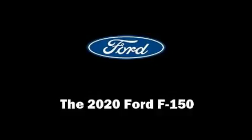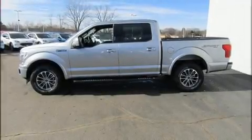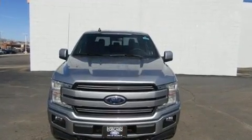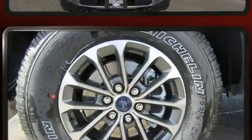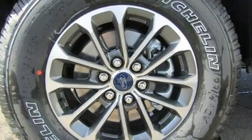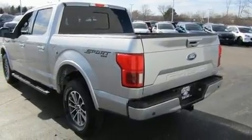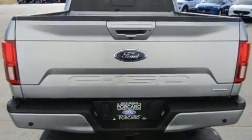Introducing the 2020 Ford F-150. It features an automatic transmission, four-wheel drive, and a refined six-cylinder engine. Top features include a split folding rear seat, delay-off headlights, a tachometer, variably intermittent wipers, a rear step bumper, and